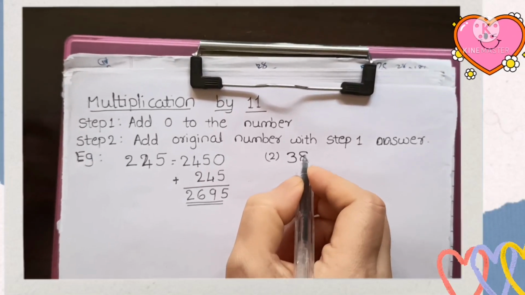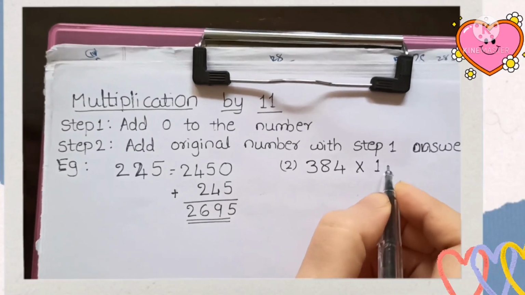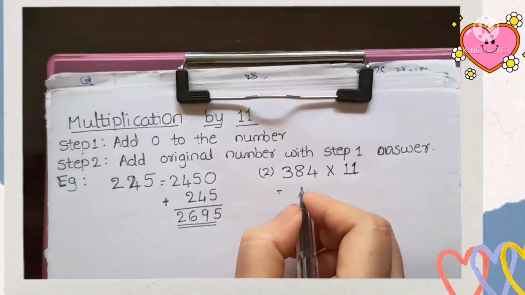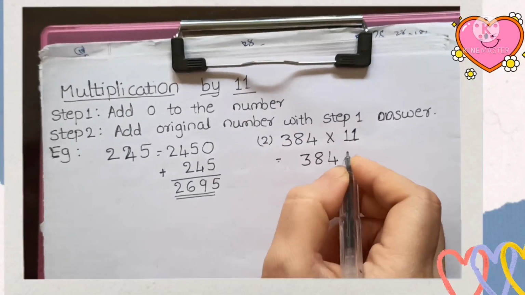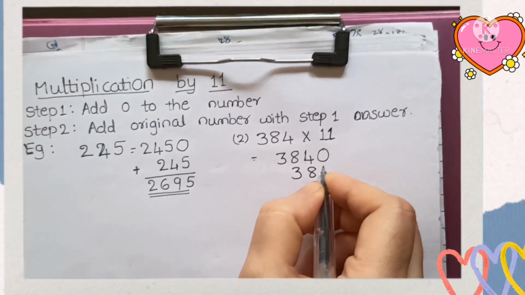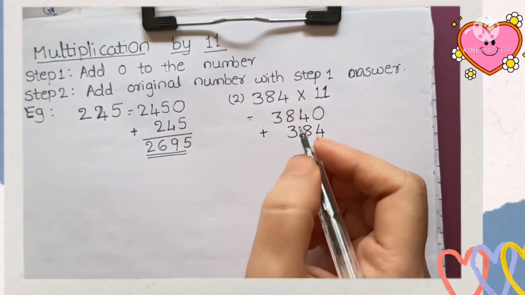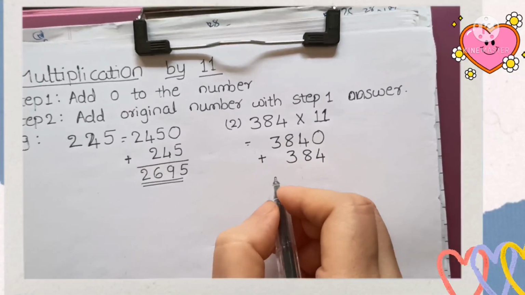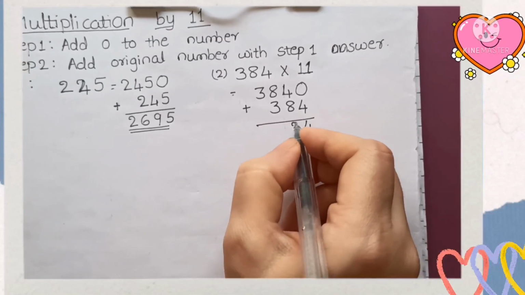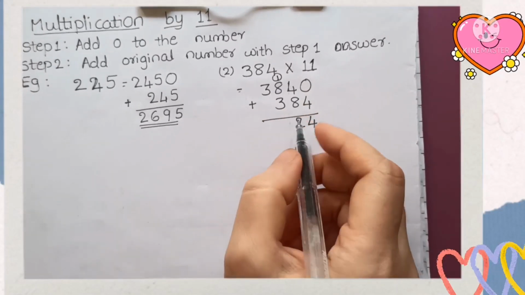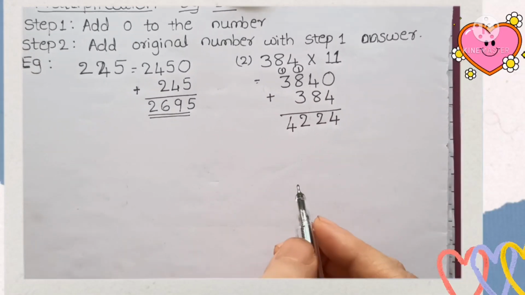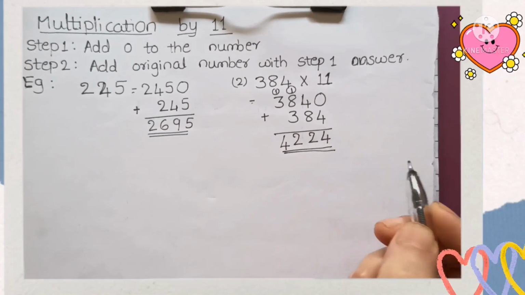अब हम लोग हमारी थर्ड एग्जाम्पल देखेंगे। हमने लिया है 384। अब 384 को हम एक 0 लगा देंगे, मतलब 3840 बन जाएगा हमारा नंबर। अब 3840 को हमें स्टेप 2 में ओरिजिनल नंबर जो हमारा है 384 से ऐड कर देना है। 384 से ऐड करने के बाद हमारा आंसर आएगा 4 12। यहाँ पे हम लिखेंगे 12 और 4, तो हमारा आंसर आ गया है 4224।